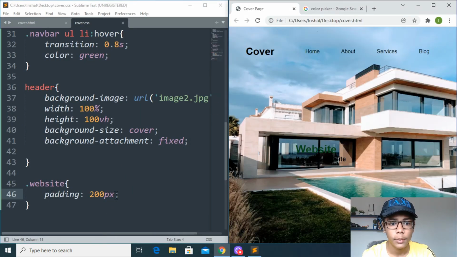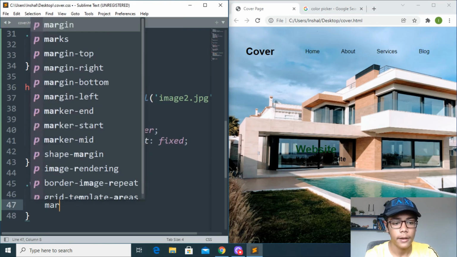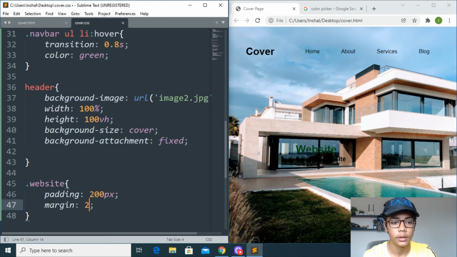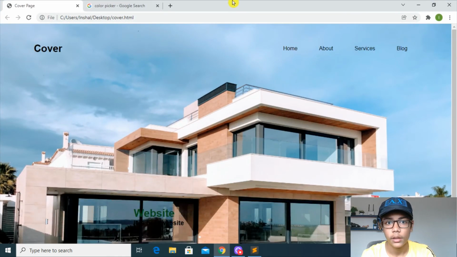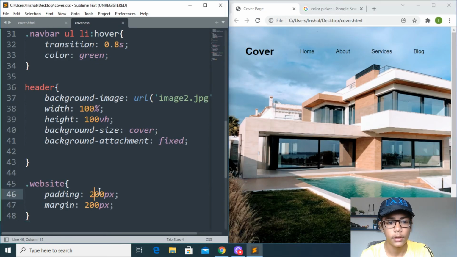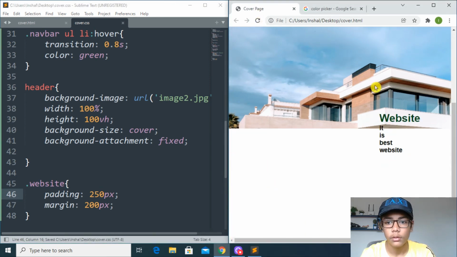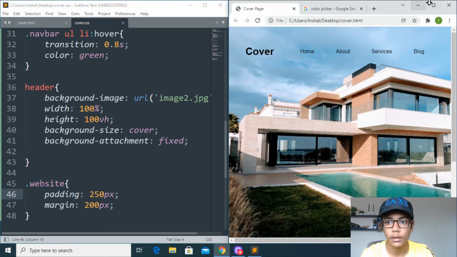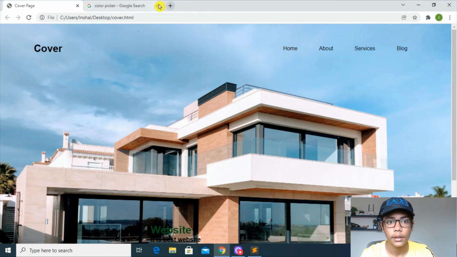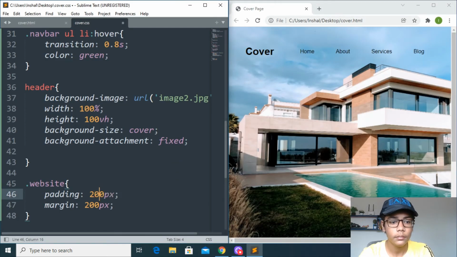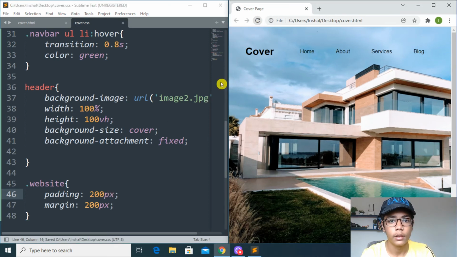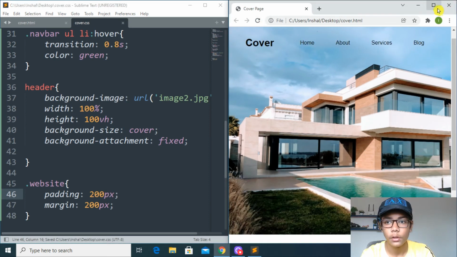So I will move and write margin, which should be the same like that, and hit refresh. You can see that it is still coming here. So if I do like that, save and reload. Now we have simply defined all these things and it is just coming. I will close this like that, save here and reload. Now we will change its font size.